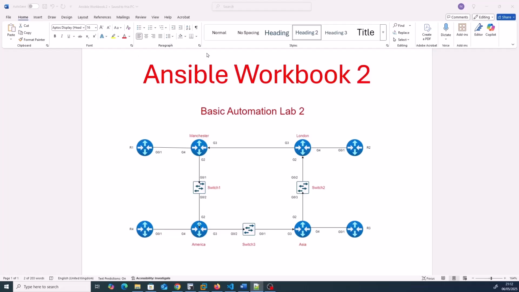Okay, so as you can see here, the topology is slightly different than the first video that we actually did. So I'm going to use the same format as what I used for some of my other videos, where I create a workbook in the background. The workbook itself will give us fictional tasks, and within the workbook I'll also put in the solutions, the commands that you need to do, in this case what you need to do for your playbooks and stuff